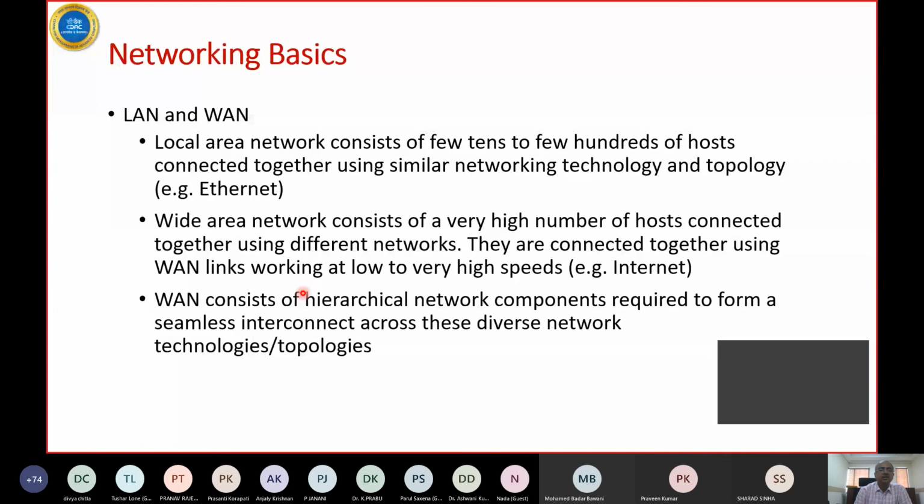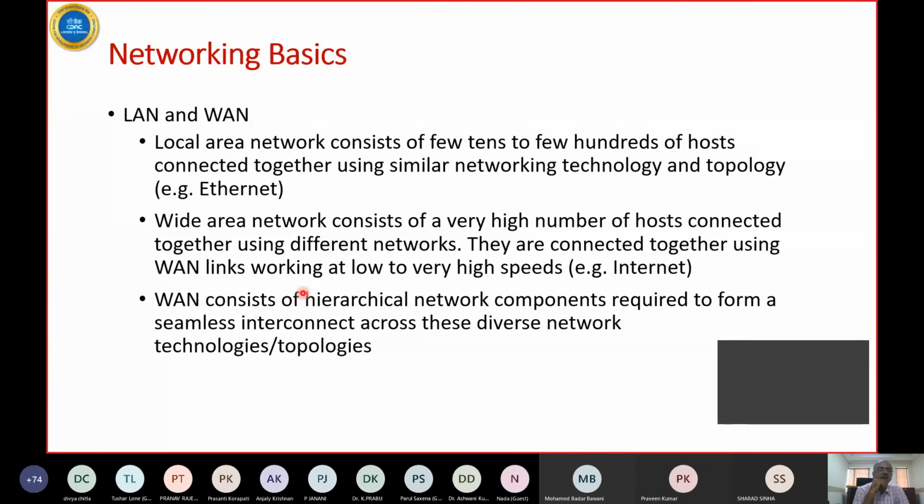A wide area network, like the internet, is a wide area network. So you will use WAN links, like a fiber optic link or a telephone link or a DSL link. Those are the wide networks. So local area networks are the building blocks. Let's say in your college you have 5 departments, each department has 5 labs, and one network in each lab. So 25 such networks can all communicate with the external world using a WAN link.